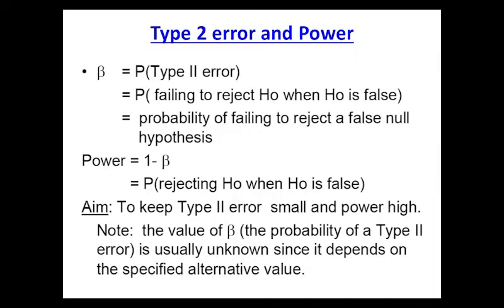Okay, type 2, and now I introduce something else that is known as type 2 error and power. And we shall see what power is. Now, type 2, we've seen, is the probability of failing to reject the null hypothesis when the null hypothesis is false. It is the probability of a false negative, because type 1 is the probability of a false positive. Now, if we can go to the board,